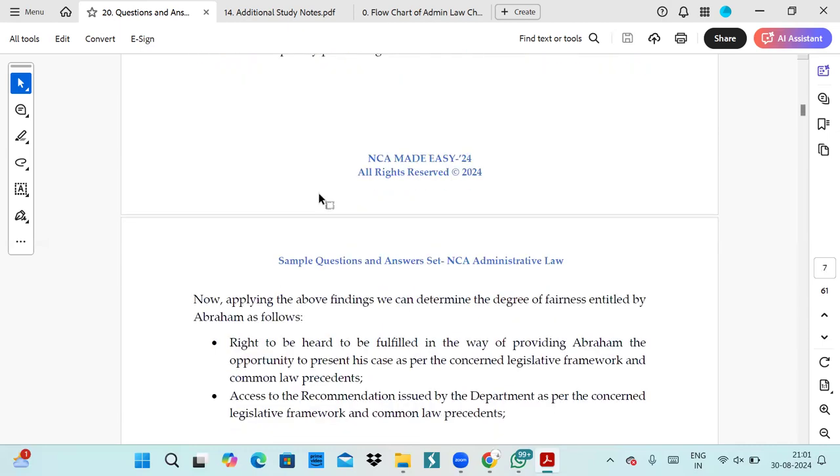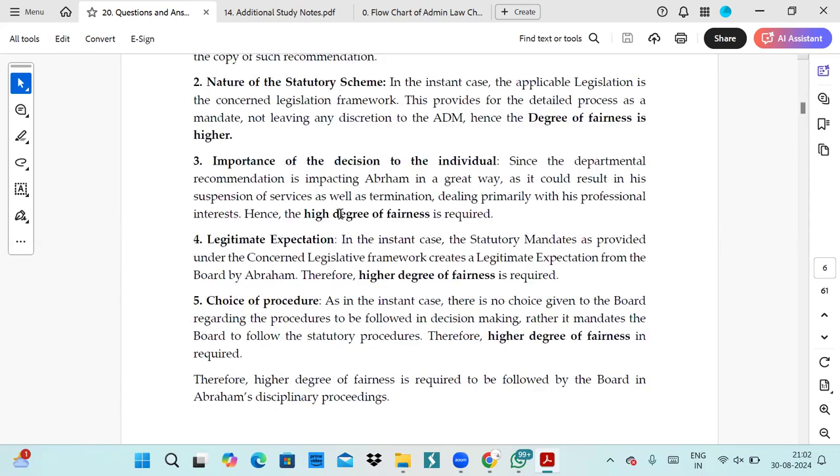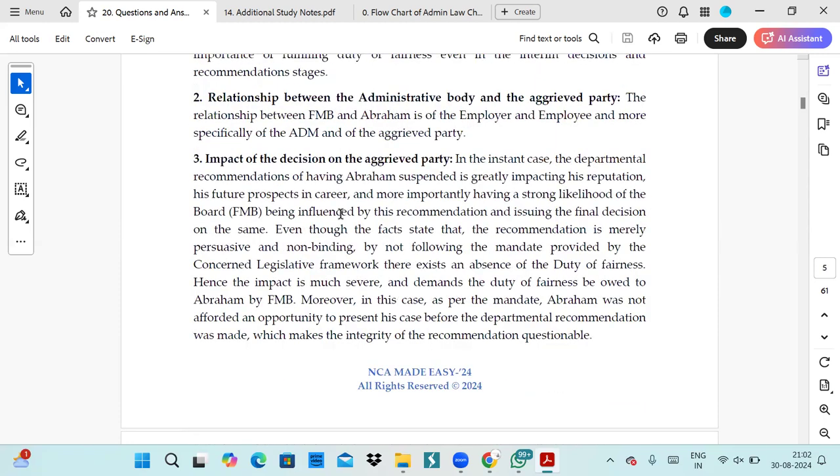For a 100-mark question, the conclusion will be at the end, just one time. It's not that when I'm applying the three-part test, I put a conclusion there, and after each case I put a conclusion. It has to be just one conclusion at the end of the answer. So after Baker, we have put just Baker's conclusion, a short one-liner conclusion, on whether the degree of fairness